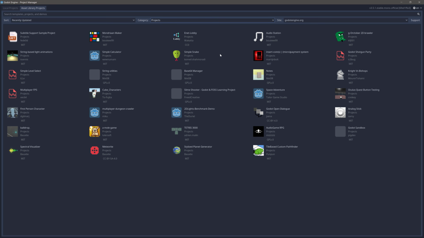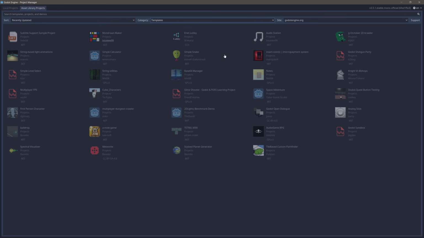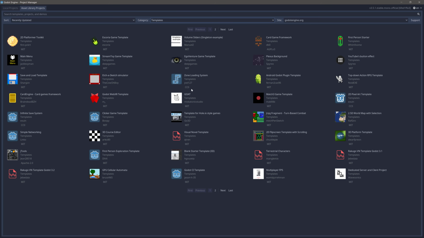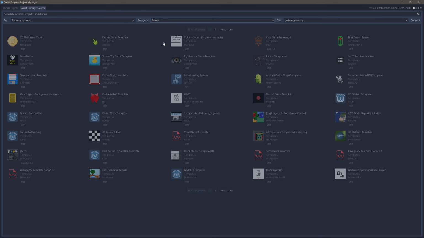projects. Now, the difference between a project and a demo is a little arbitrary to me. Some of these are provided by the community. Some of these are provided by the Godot game engine. But if you want, there are a number of starting points that you could go from. Again, some are from Godot, some are from various different members of the community, and you can launch this way